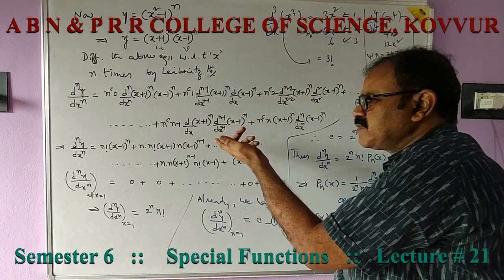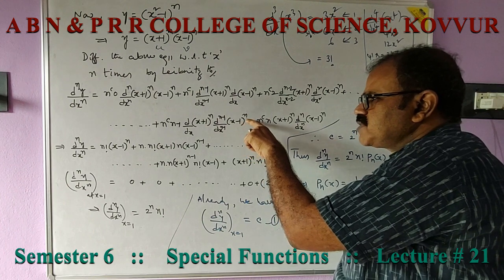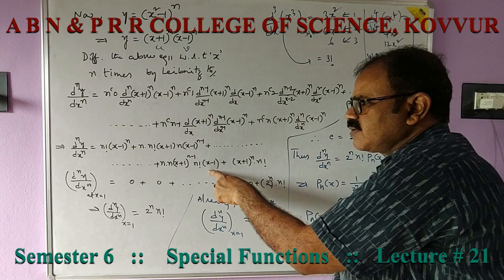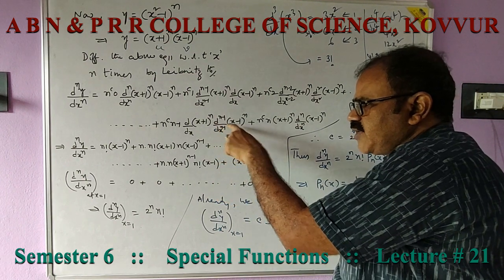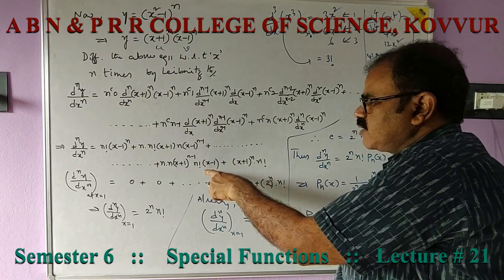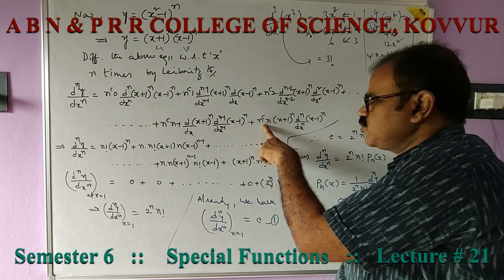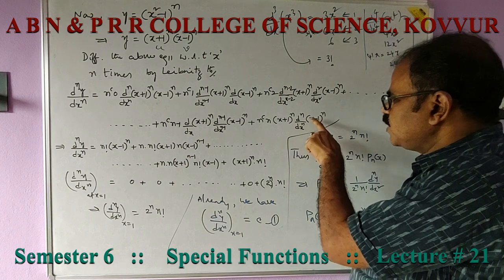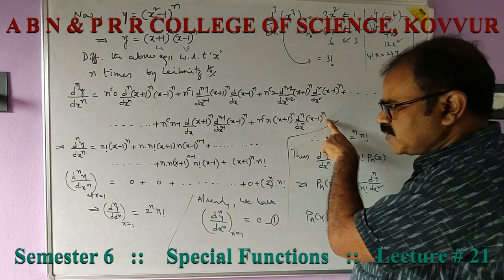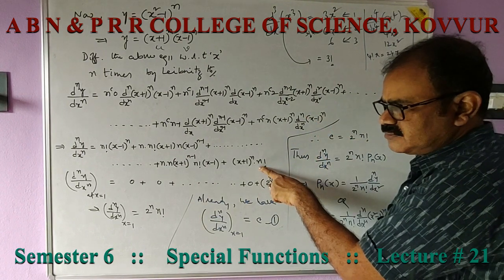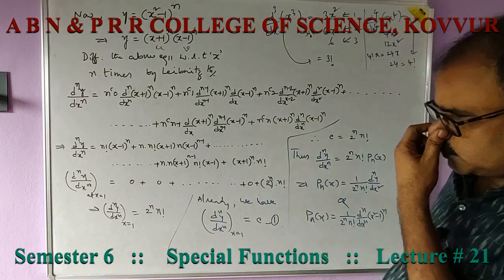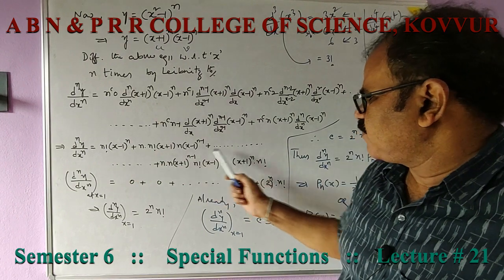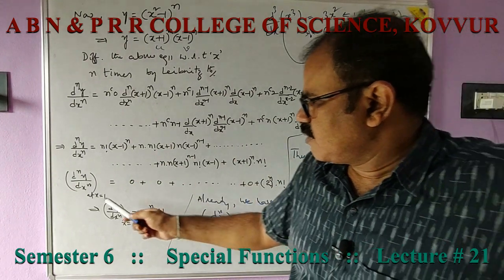1)^n, or the (n minus 1)th derivative of (x minus 1)^n is n factorial into (x minus 1). This is n factorial into (x minus 1), and finally nCn is nC0, which is 1, (x plus 1) whole to the power of n into the nth derivative of (x minus 1)^n, that is n factorial. Okay, so this is the simplified equation.